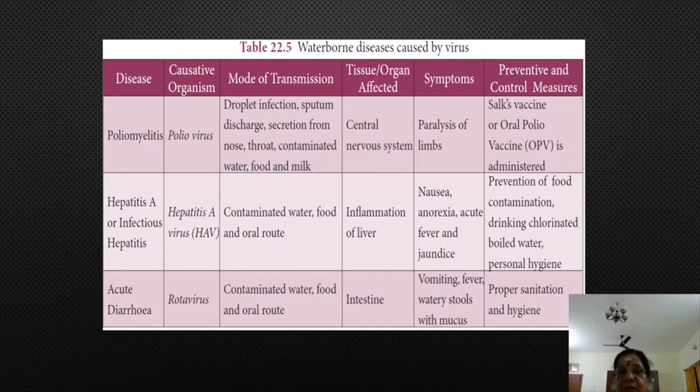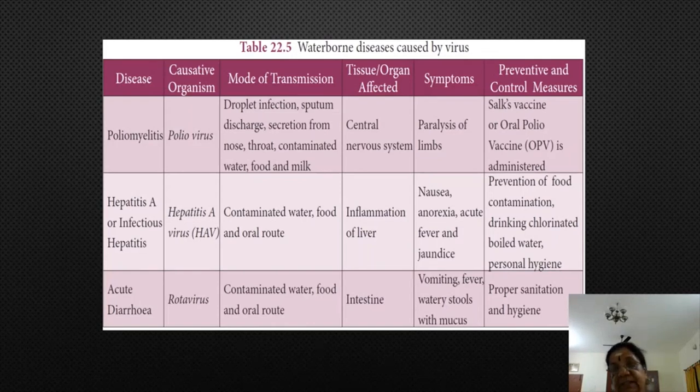it is waterborne disease by viruses as poliomyelitis, poliovirus, hepatitis A, HIV virus and acute diarrhea, rotavirus. Mode of transmission, droplet infection, hepatitis வந்து contaminated food and water, acute diarrhea contaminated food and water. Whereas tissue affected, polio க்கு வந்து central nervous system, hepatitis க்கு வந்து inflammation of the liver and acute diarrhea, it